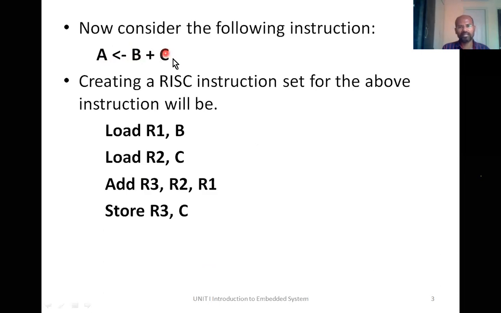The first number is located in the memory location whose address is B. The second number is located in the memory location whose address is C. We need to add these two numbers